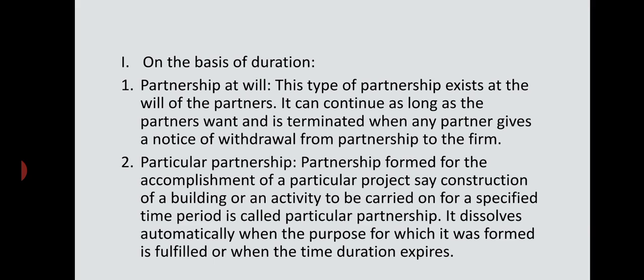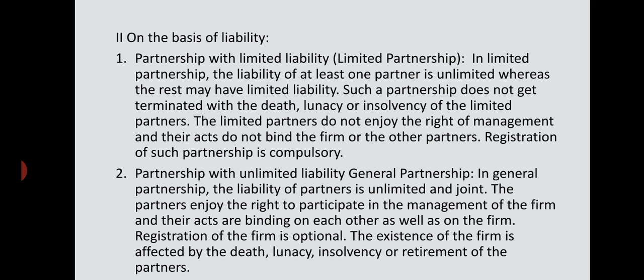Such kind of partnership, we call particular partnership, which is formed to achieve some purpose, objective, or to undertake some project. Once the purpose is over, the objective is fulfilled or the project is done, the partnership automatically comes to an end. The second type of classification is on the basis of liability. Again on the basis of liability, partnership is classified